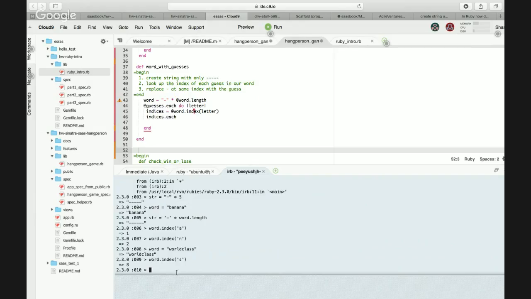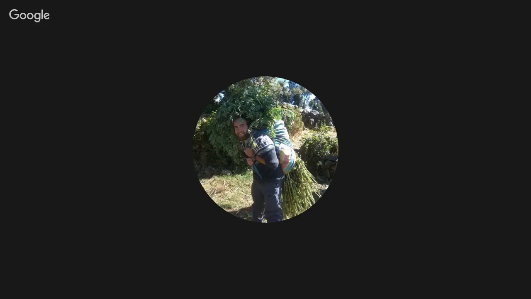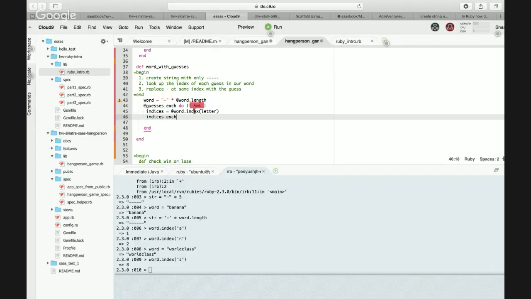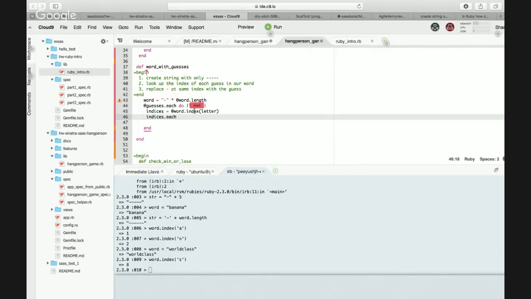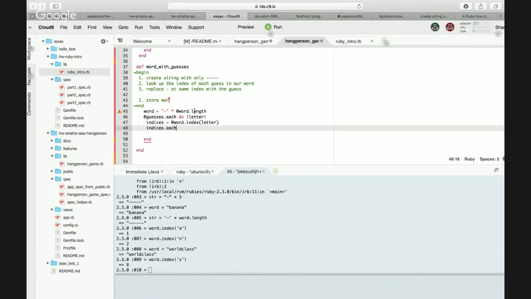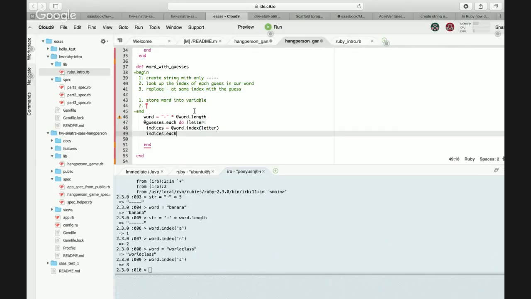Oh yeah, I see what you're saying. So we start with the complete word. Let's store the word that we initially have, banana, into some temporary variable, and when we have that, let it compare. Right, store the word into the variable and compare.